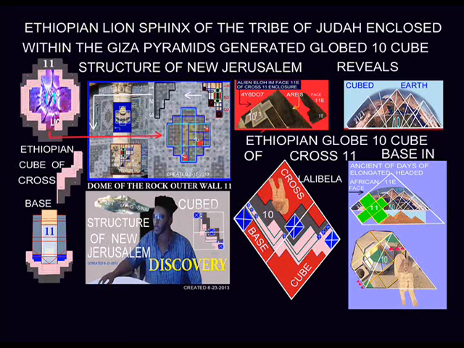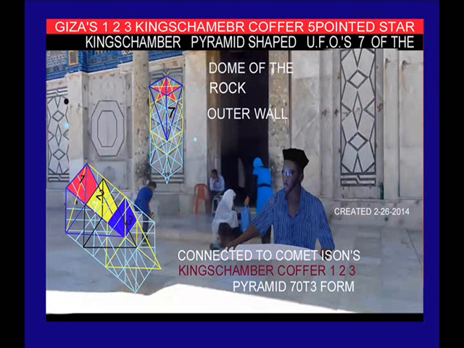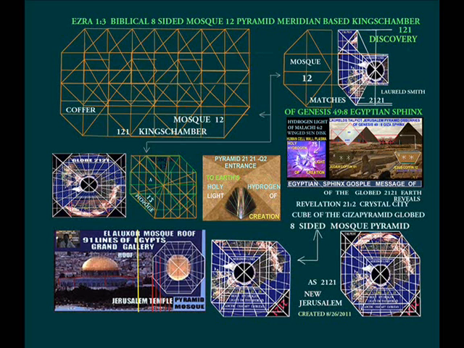to be geometrically represented within the dome of the rock outer wall stone rectangular window frames in the form of a central Ethiopian cross. Now, this central Ethiopian cross was connected to the 123 Isaiah 19:19 Giza pyramid, where we see them appearing in the dome of the rock stone rectangular window frames as 123 grouping the pyramid squares, flanking the central Ethiopian cross. This archaeological and astronomical discovery in theology